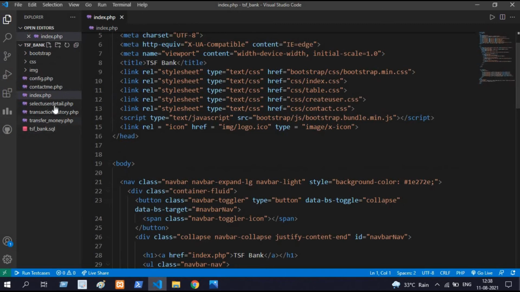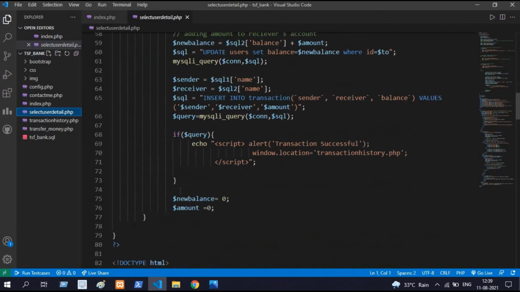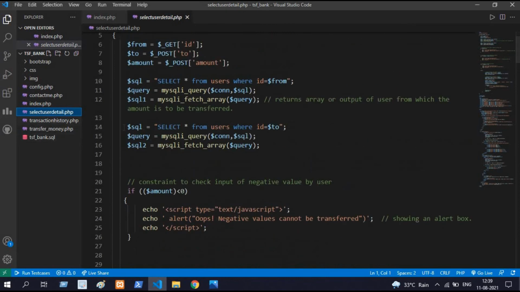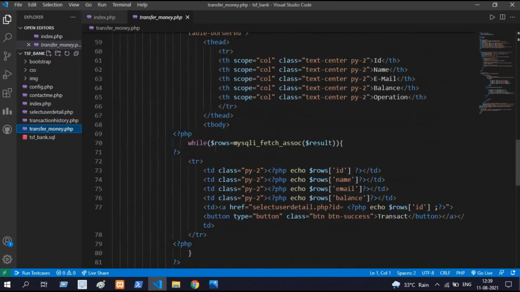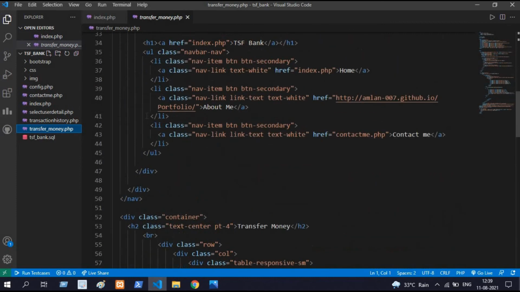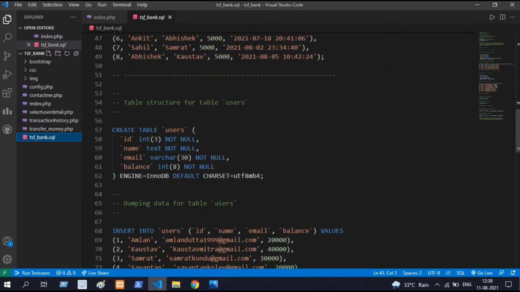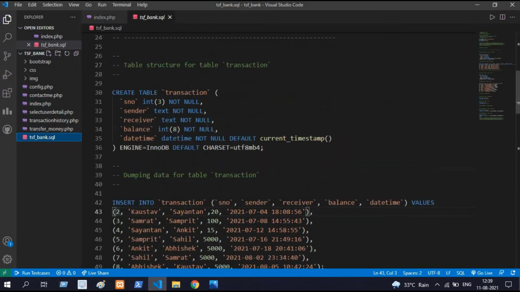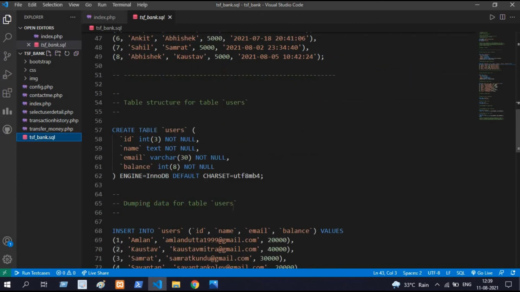Then it comes to the user details, where you can see the users, their transaction history page, and the transfer money, how to transfer money from one account to another. So these are all the coding parts. Now this is my SQL, where I have taken a table for transaction, and these are the entries which I have made, and these are the user tables.